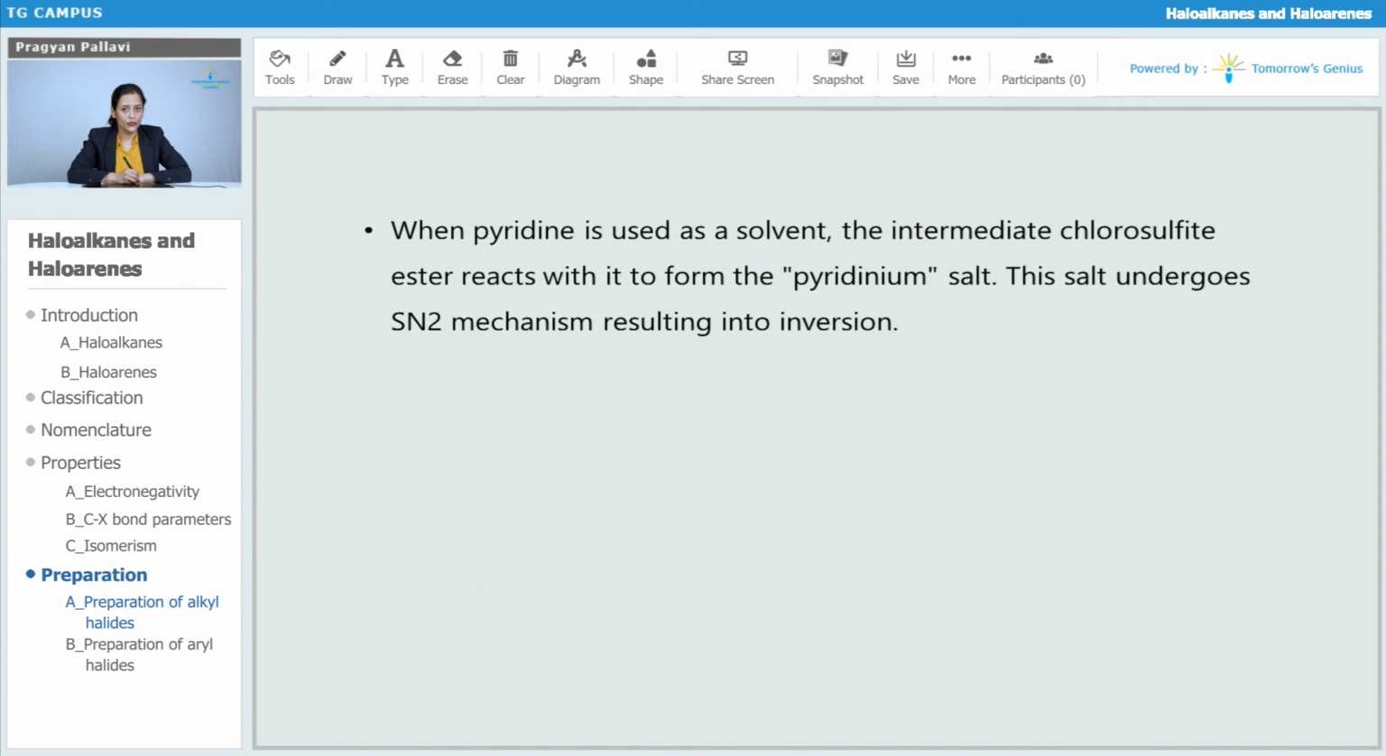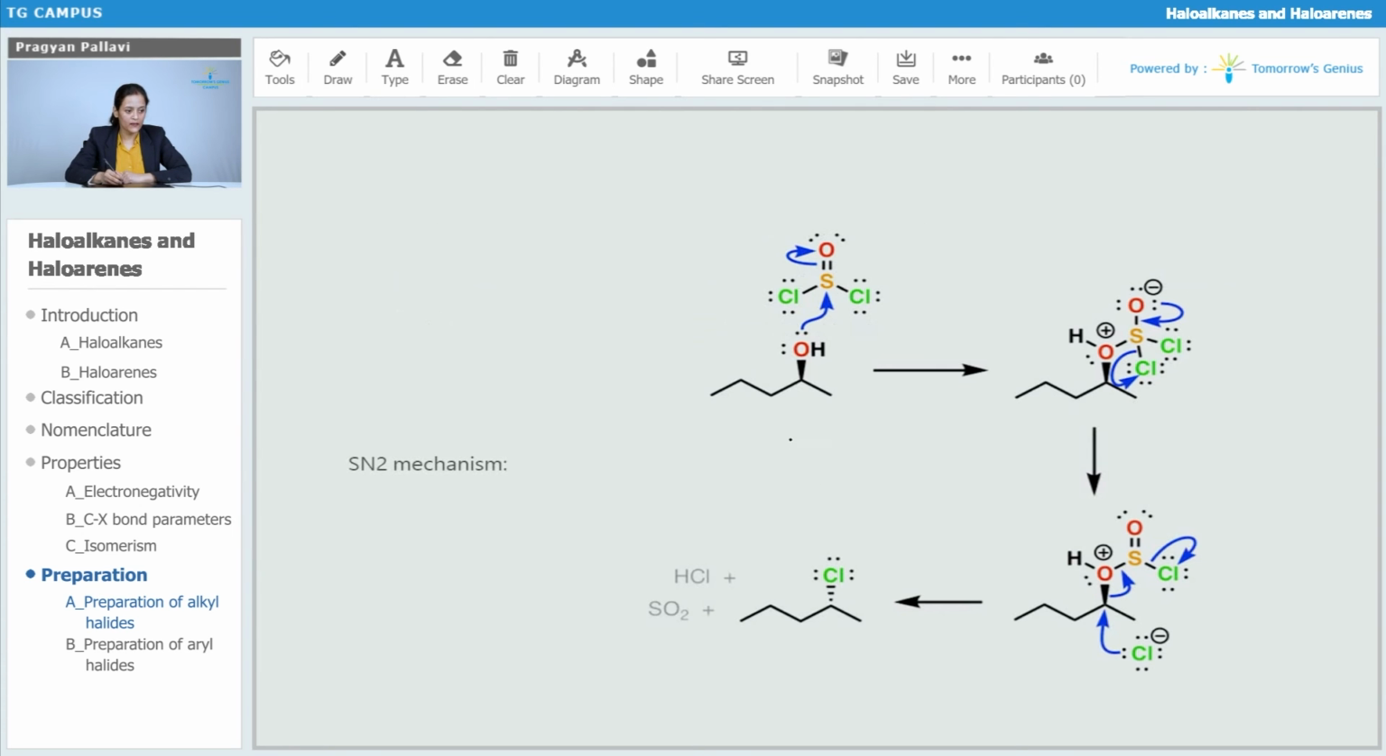When pyridine is used as solvent, the intermediate chlorosulfite ester reacts with it to form a pyridinium salt. And this salt undergoes SN2 mechanism, resulting in inversion. So this is the mechanism. We have this secondary alcohol here, and when we have this thionyl chloride,